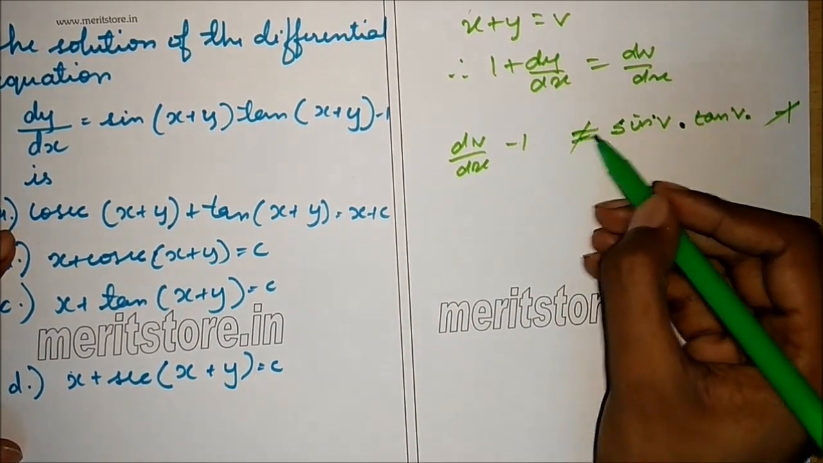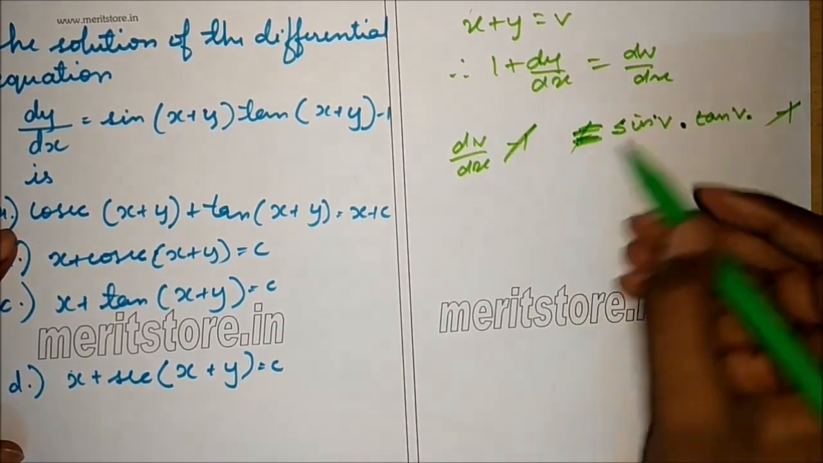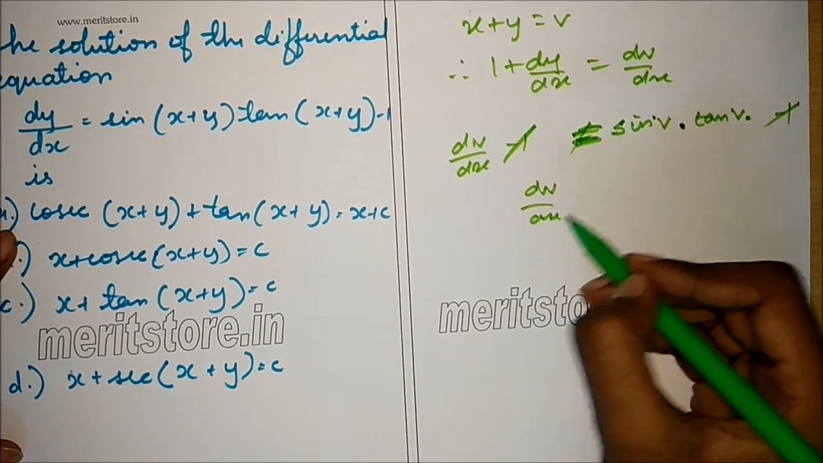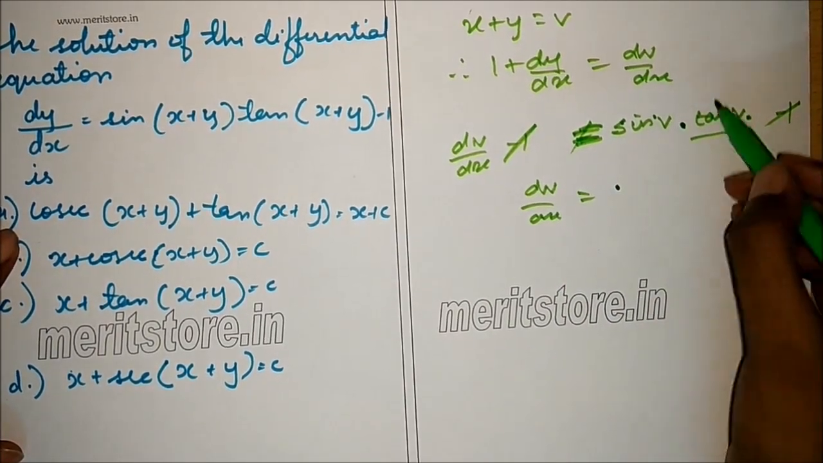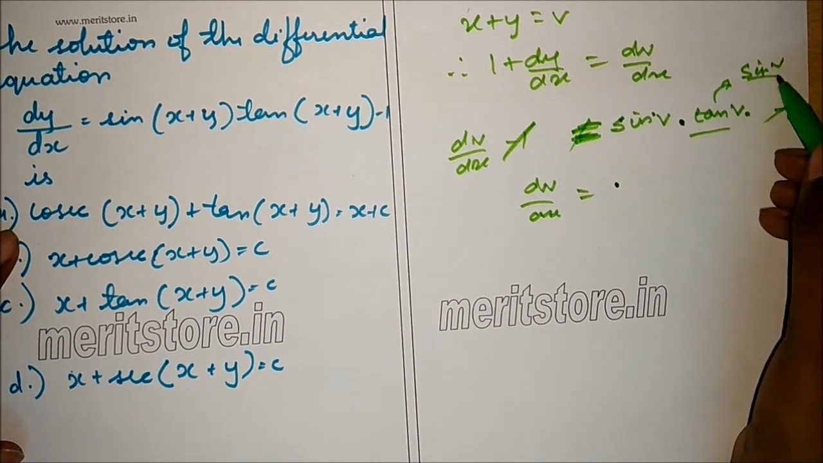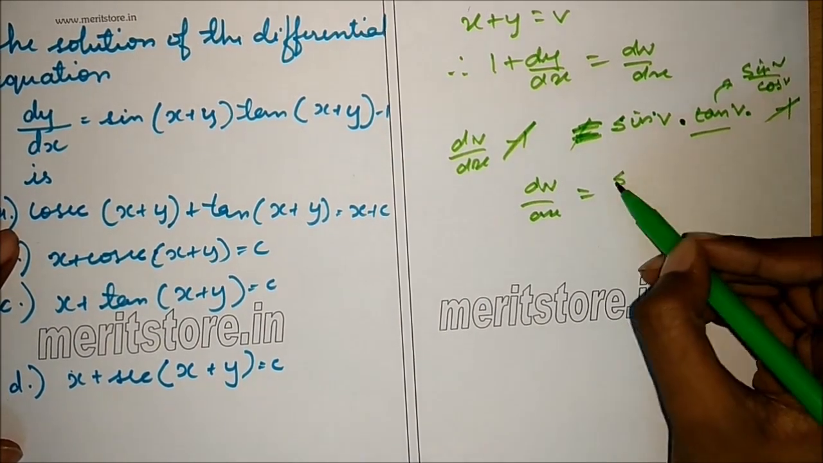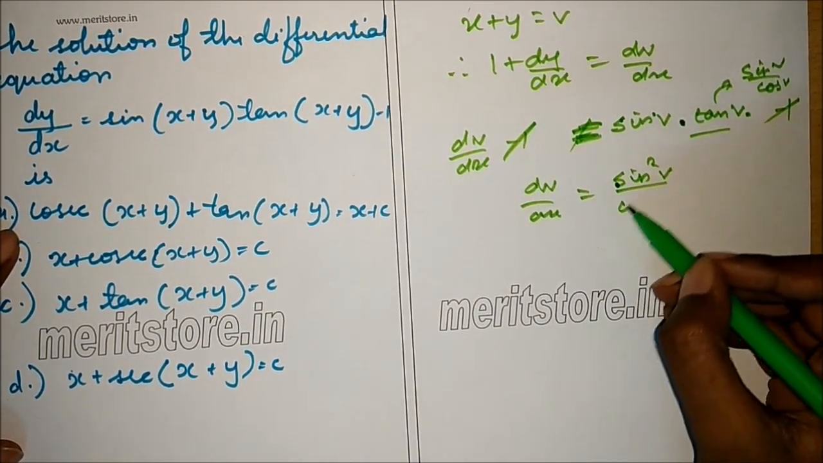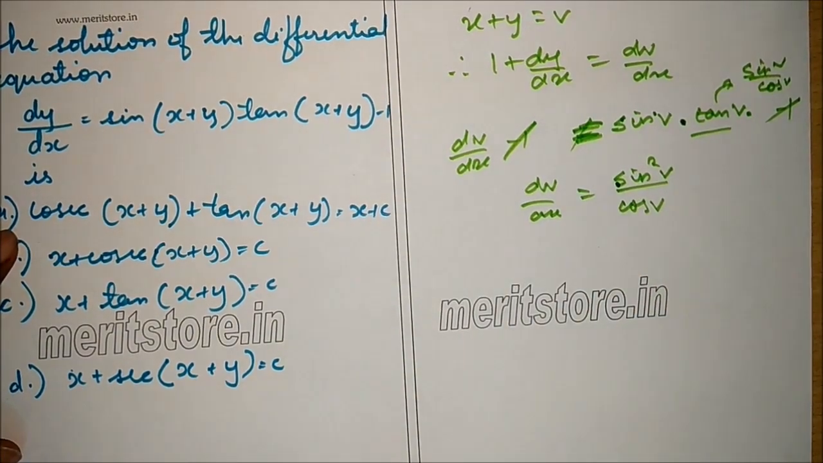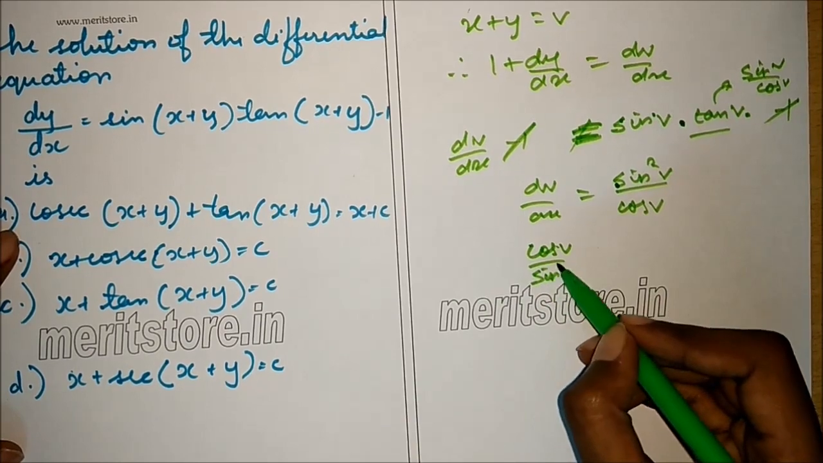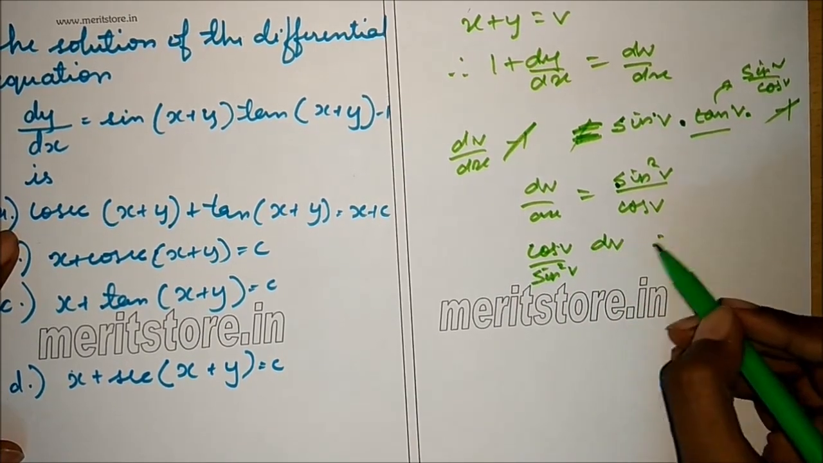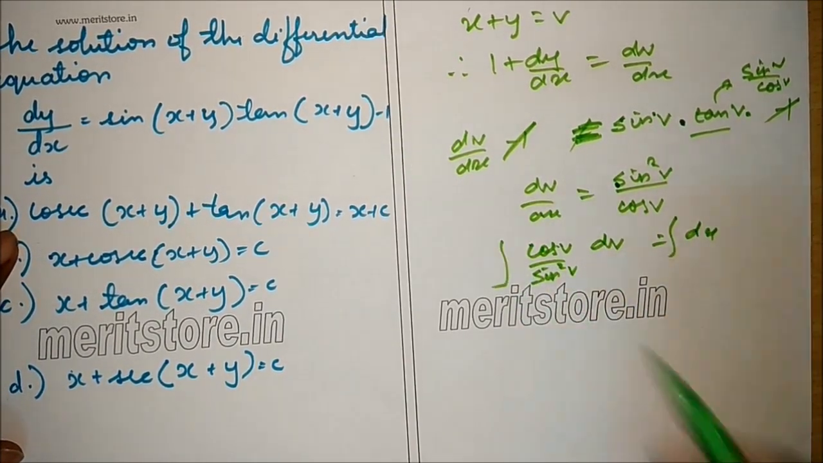So dv by dx is equal to, now we convert everything into sine and cos. So this is sine v by cos v. So this will be sine square v by cos v. So that is cos v by sine square v dv is equal to dx. Integrating both sides,